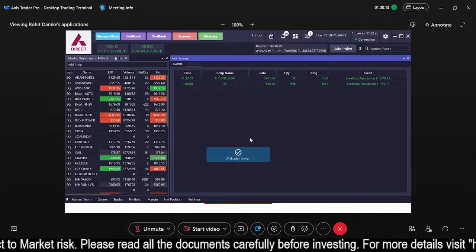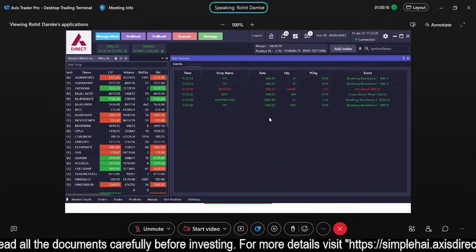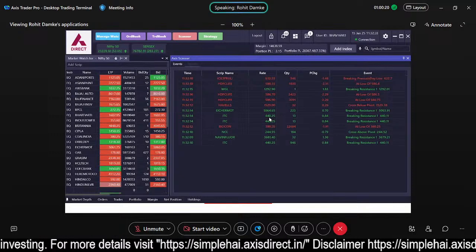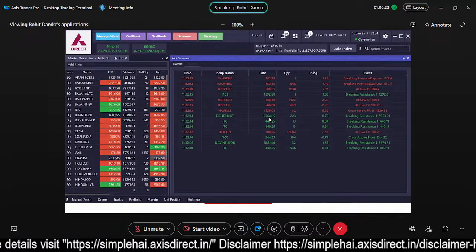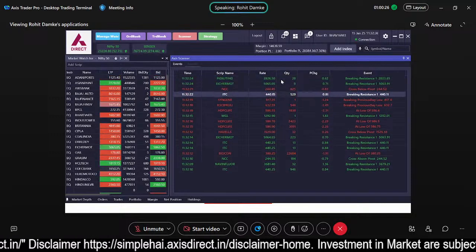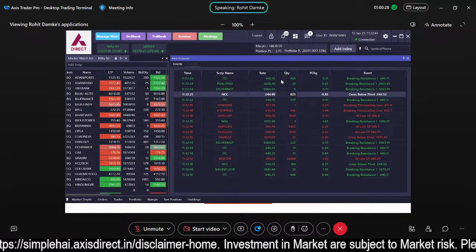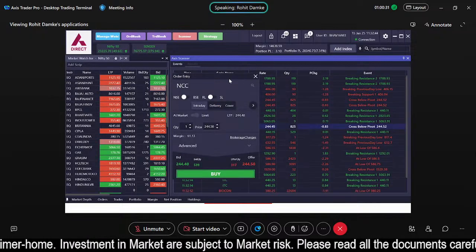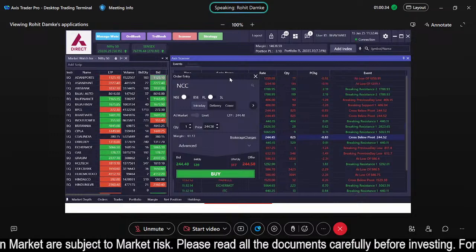Yes, so I was talking about you have got the events, you have selected the access scanner feature, you have created an event for you, and now the results are coming up. Now if you want to buy something from the screen itself, you just need to hit F1. So as soon as you hit the F1 button, the buy order window comes in, or if you press F2,